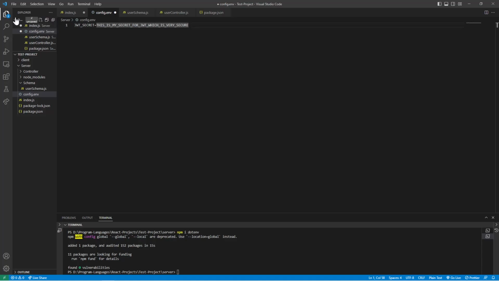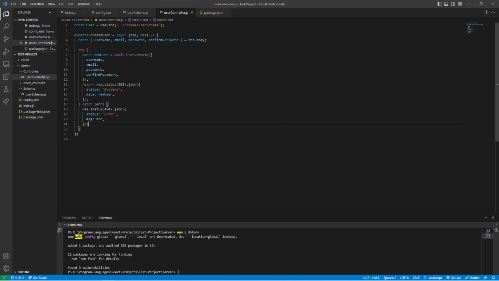Okay, so just create one secret, and what else I will do is I'll also create a JWT expires in property, and I will assign this to like 10 days. So you can create your own time duration. I'll just set it to 10 days for my expiration property. And next what we'll do is